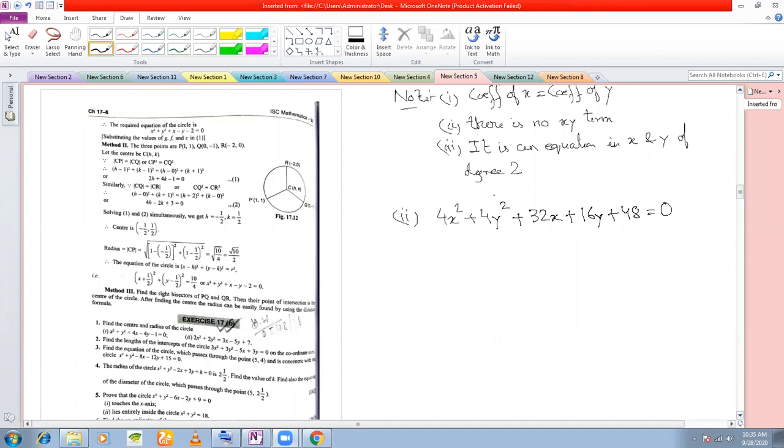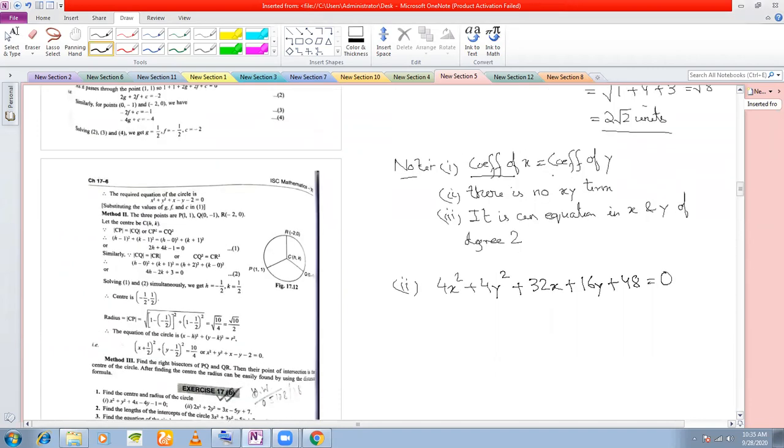Because x square plus y square is there, and they both are positive. I said, look at the first point. The coefficient of x square is equal to the coefficient of y square. Now you will say, sir, but the general form is x square plus y square, but here I have 4x square plus 4y square. So no problem. Even if they are 4x square plus 4y square, you divide both sides of the equation by 4. On dividing both sides by 4, you get this. So therefore now see, it is coming to our original form only.